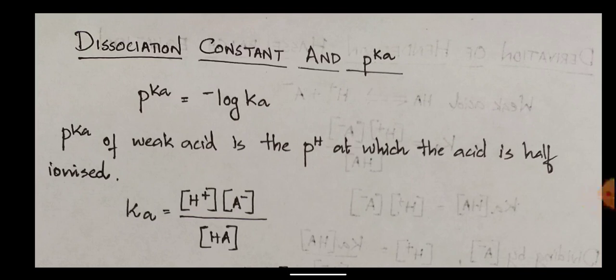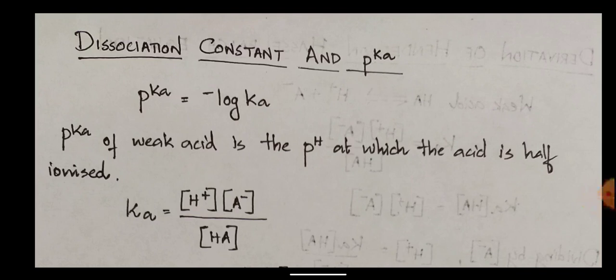In the previous class we studied about the dissociation constant. What are the other names of the dissociation constant? It is also known as the equilibrium constant, and it is represented as Ka. So, the relation between the dissociation constant and pKa is given as